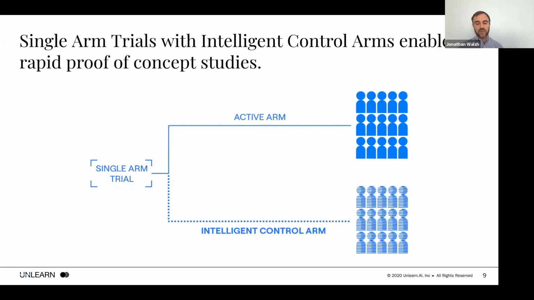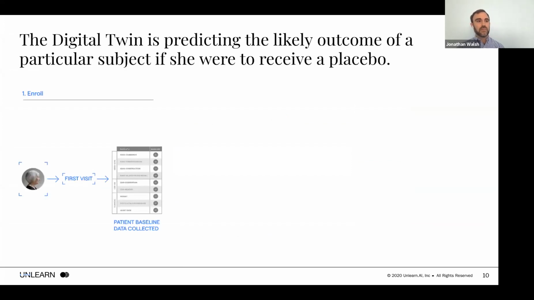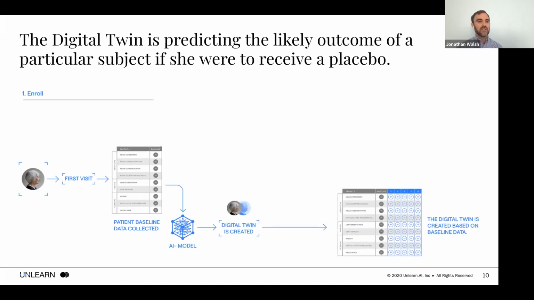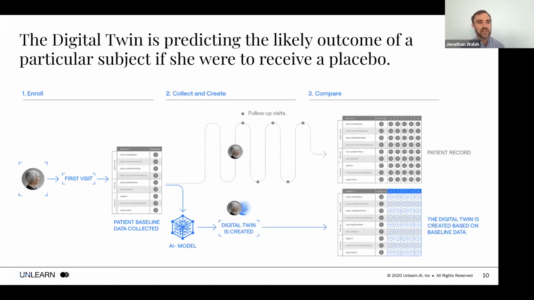So why in particular are digital twins useful here? Well, the digital twin predicts the likely outcome of a subject if she were to receive a placebo. To see how that's valuable, let's discuss a patient's role in a clinical trial. When a patient enters a trial, her baseline data is collected, providing measurements of her clinical state at the start of the trial. A digital twin is created from her baseline data. This information, taken before the subject receives any treatment, is used to predict her disease progression if she was receiving a placebo. The patient then continues through the follow-up period, accumulating data that provides a comprehensive picture of her disease